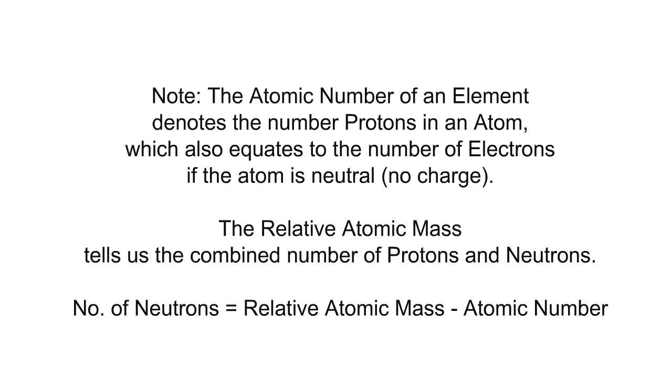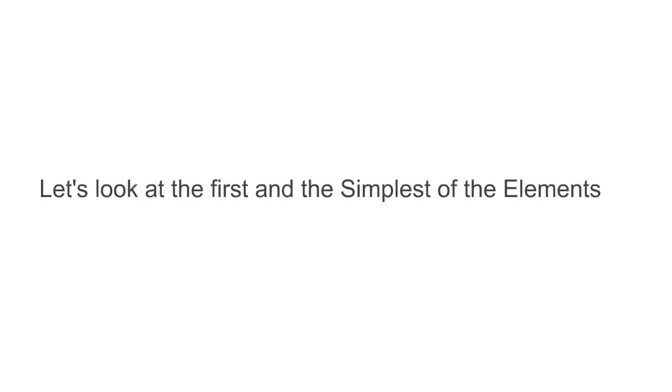In addition to this, the relative atomic mass tells us the combined number of protons and neutrons. Therefore, with simple arithmetic, one can work out the number of neutrons by subtracting the atomic number from the relative atomic mass. Now, let's look at the first and the simplest of the elements from the periodic table, hydrogen, which